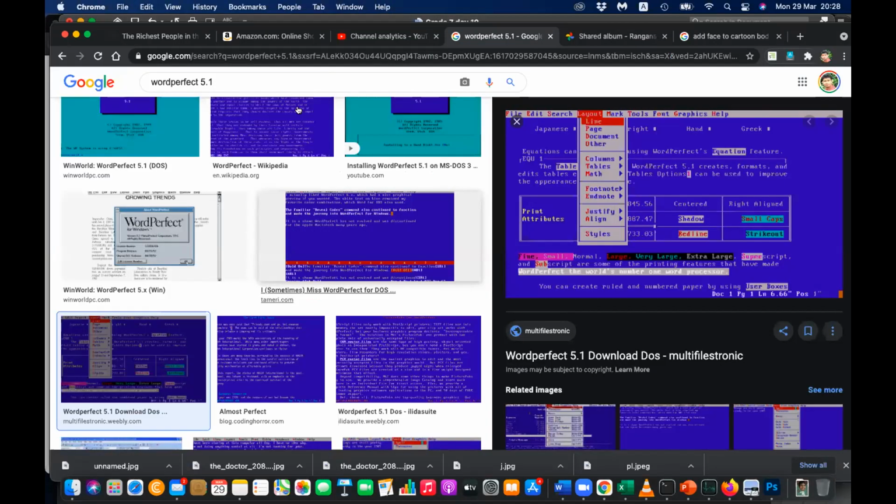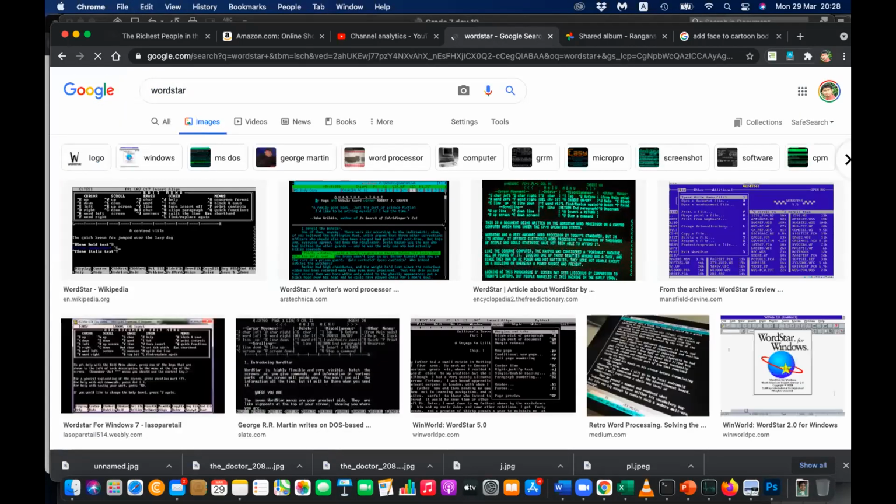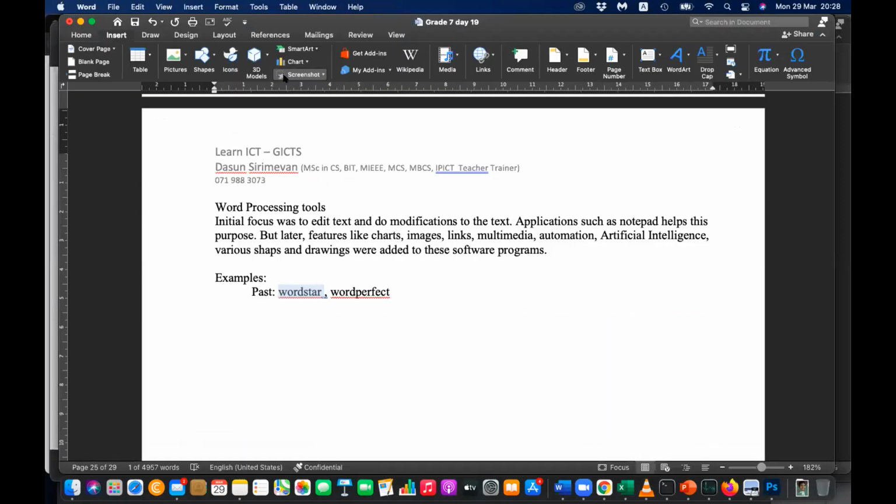This is WordStar. There is also a DOS-based tool or command line-based tool. WordStar, WordPerfect. Present or now,